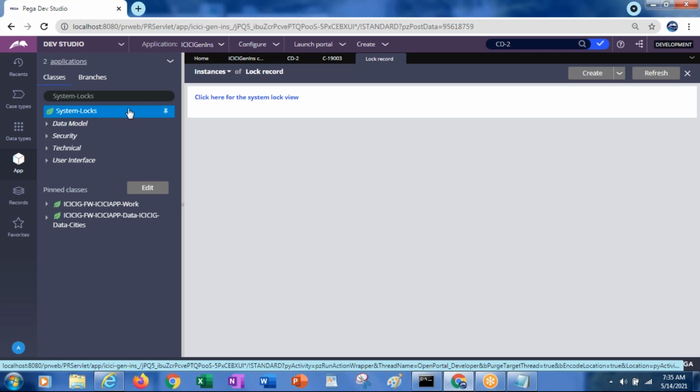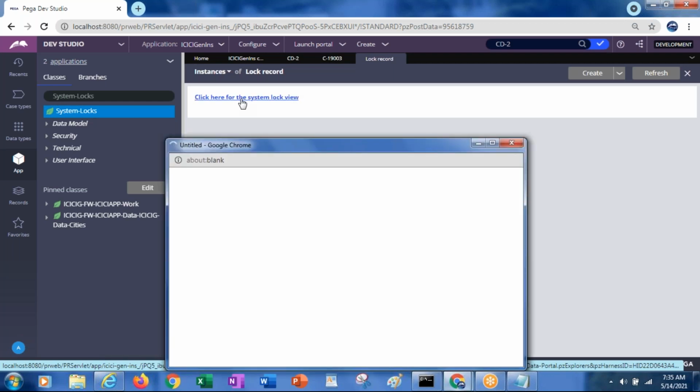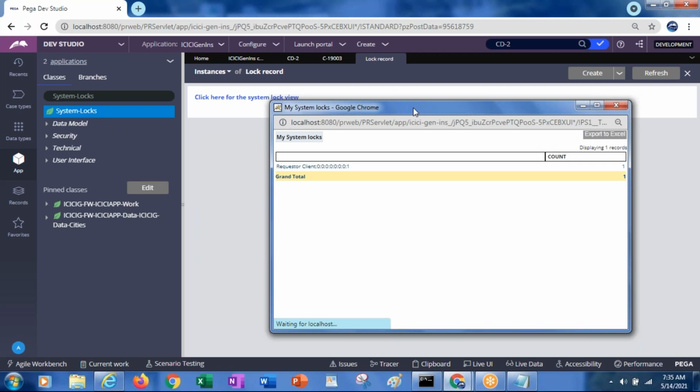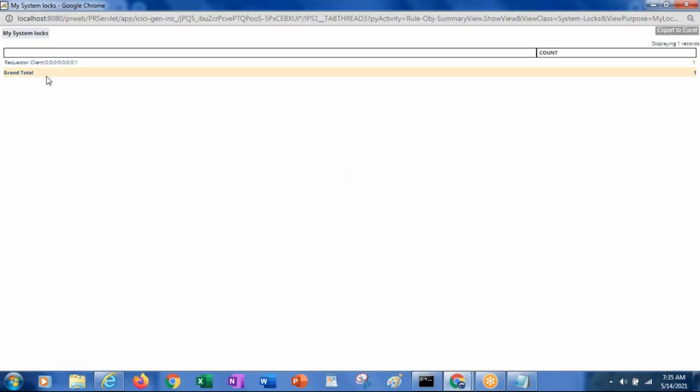If you go to that particular class and click on it, it will show you the complete list of the locks which have already occurred for the users, that means for which users it is working.